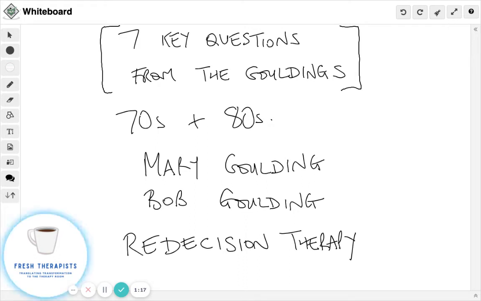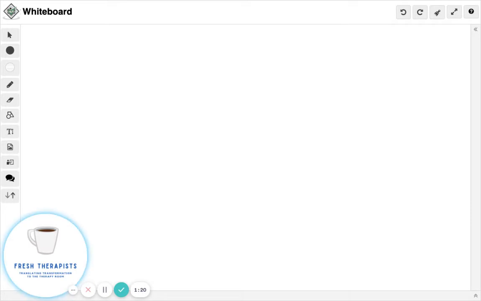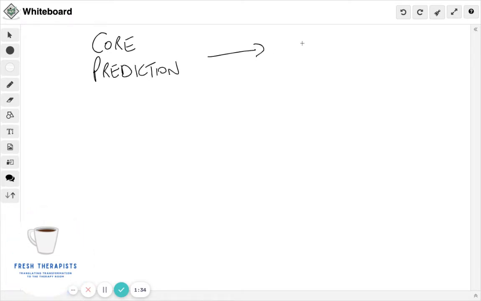Now, remember, in terms of the process of leading to memory reconsolidation, basically you will take a core learning, or I always think of them as predictions. And then you'll get that core prediction. You'll find or generate some experience that will produce a prediction error.